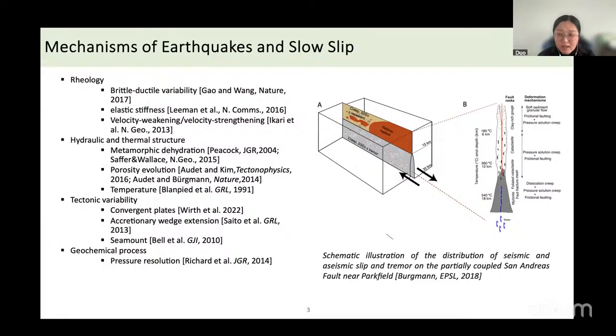For example, the rheological change from shallow brittle to deeper ductile will make the shallow part have a locked and slip pattern that releases the accumulated strain in the form of earthquakes. But the deeper part is sometimes mostly silent, though it can still release significant energy through slow slip or